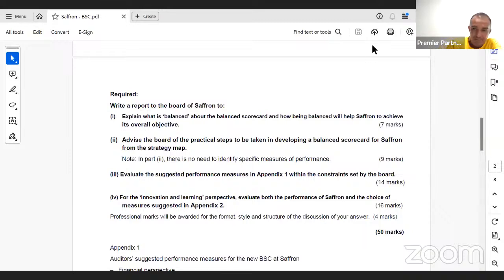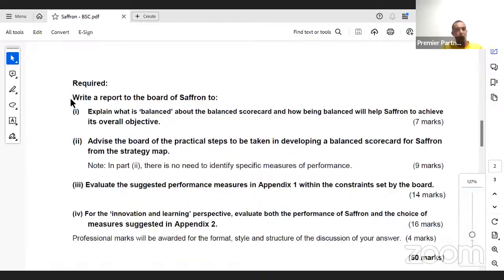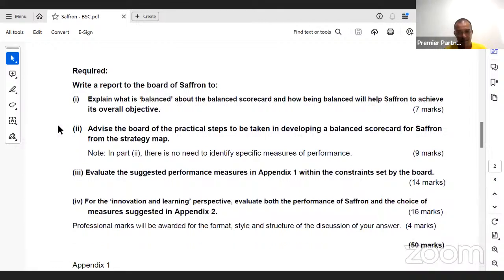Okay, for example, now you see in this particular requirement, there are 4 questions, 50 marks. Now, this is an old question, but it's a good question to practice. Earlier they gave you 4 marks for professional. Now how many? 10 marks. I will tell you how that is divided also later. So the balance will be shared among the multiple questions. Now, what is important to note is